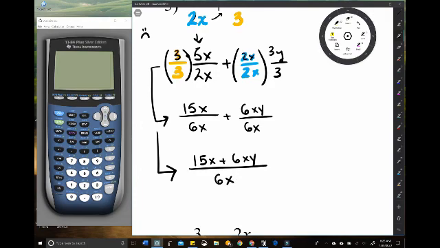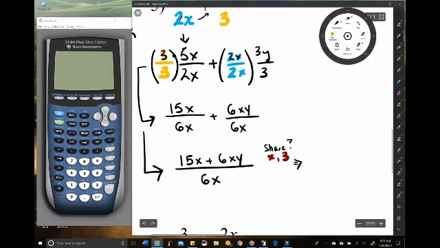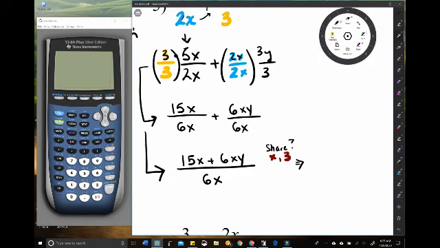And from here, if they all share something, so now see, what do they all share? Well, they all share an x, okay, and they all share a factor of 3. So I can reduce everything by an x and a 3. So think of it as 15x over 6x, okay, reducing by 3 would be 5, and the x, plus